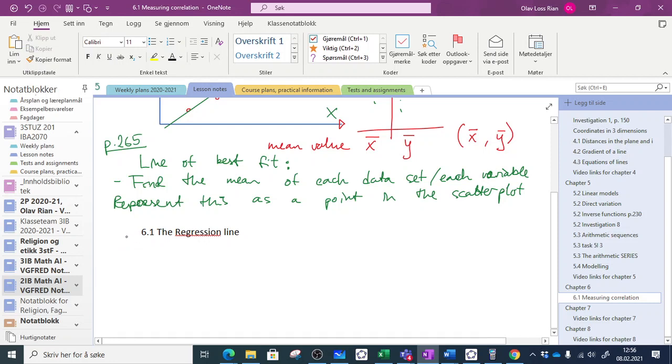And the name of this regression line is going to be a straight line, and the measure of its strength is a number between -1 and +1, and it's called